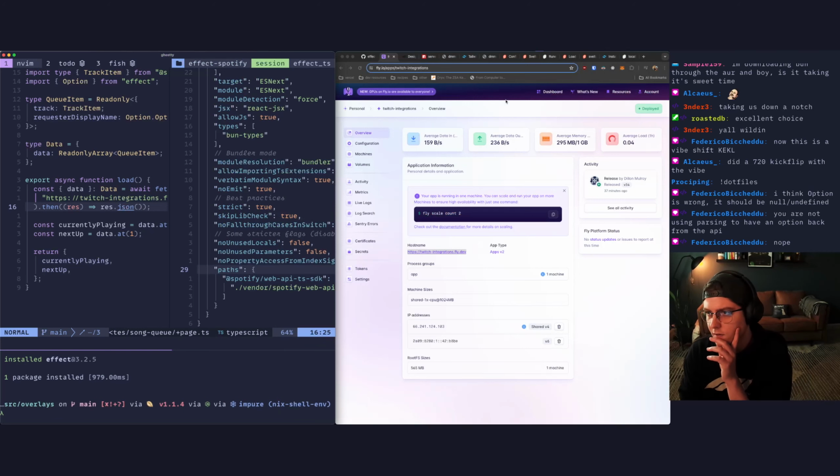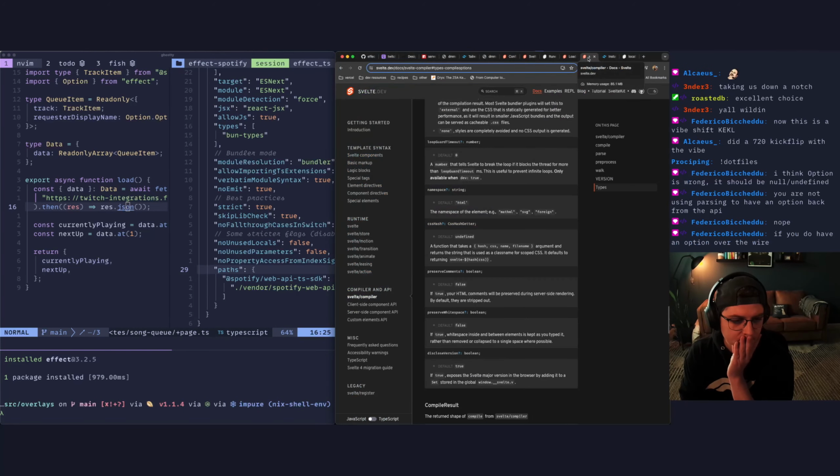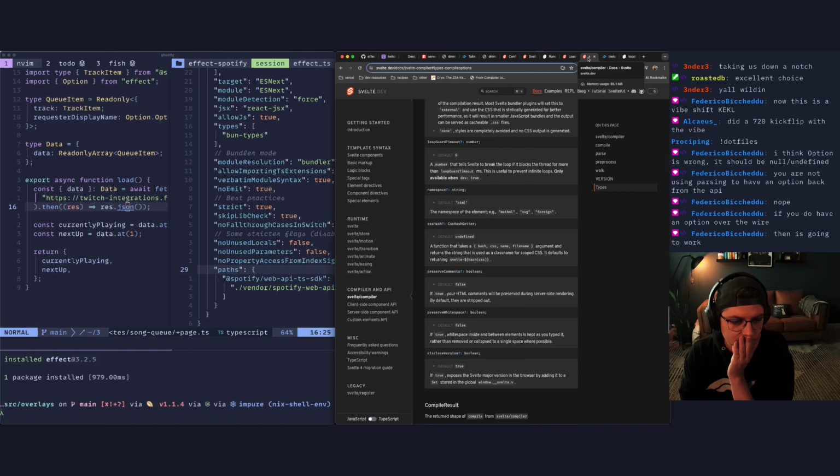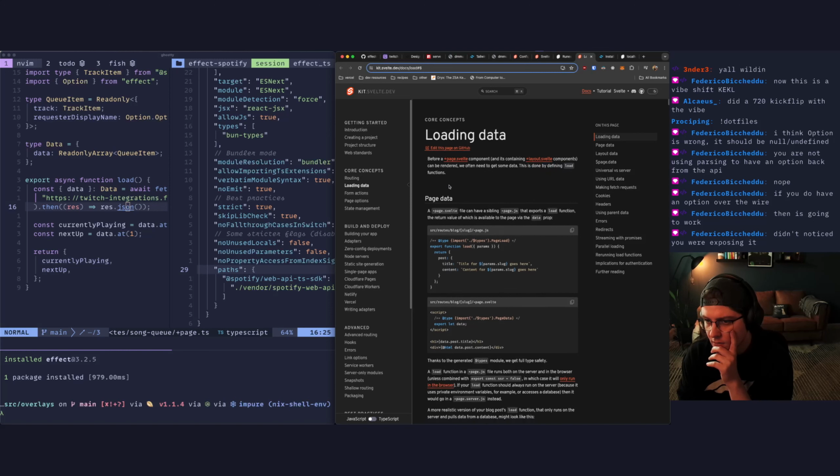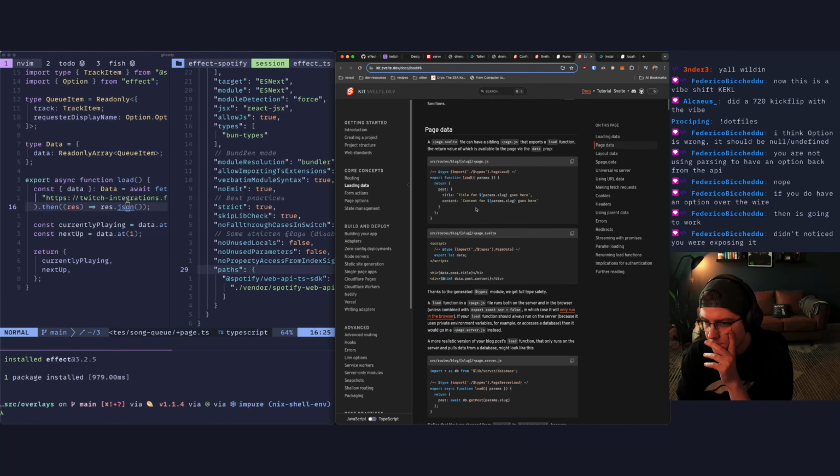All right, let me go back to the Svelte docs. We don't need this page. Loading data. Before a page shell components containing layout component can be rendered, we often need some data. Yeah, we got that.